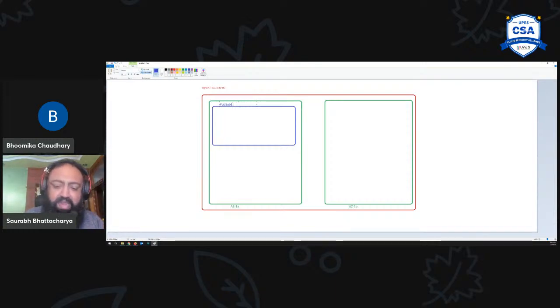Because my main network is /16, remember, the first 2 bits I cannot change. So here also, I will have 10.0. The last 2 bits I can change, so I will choose